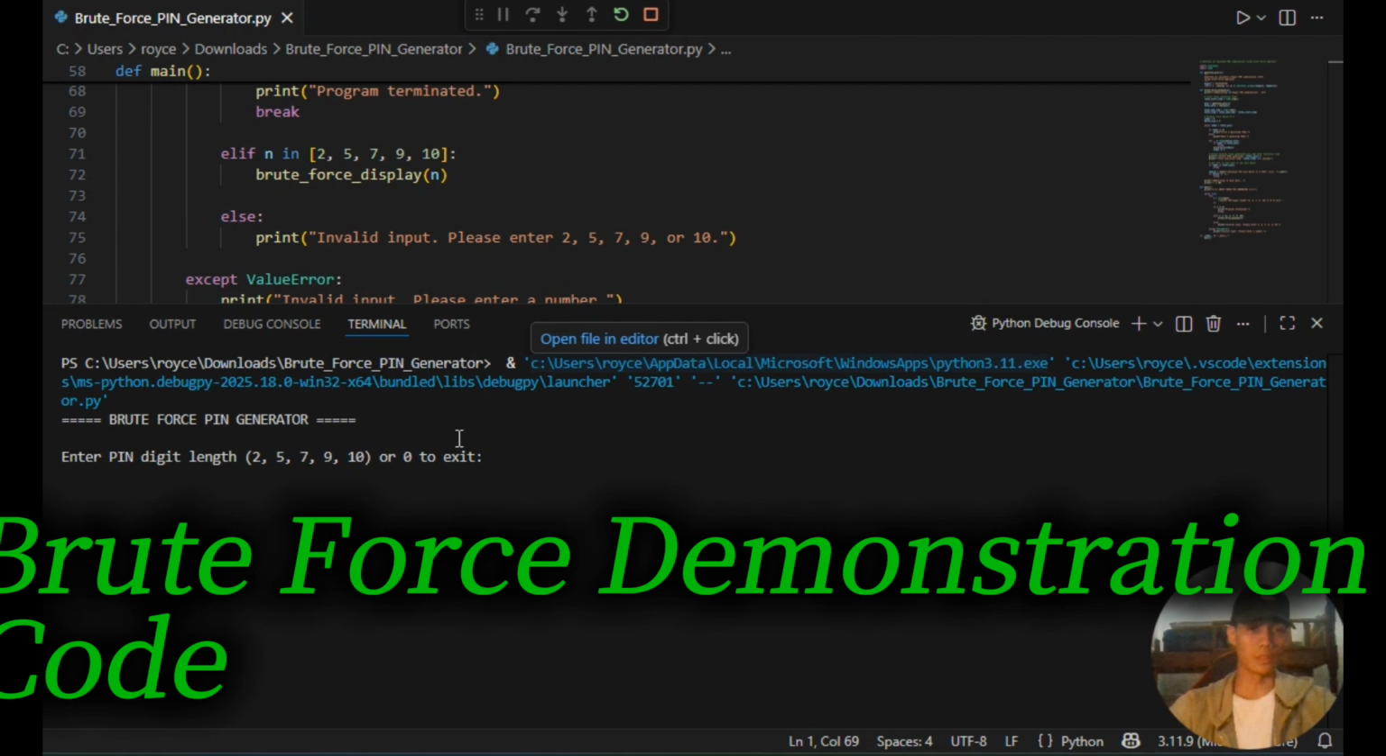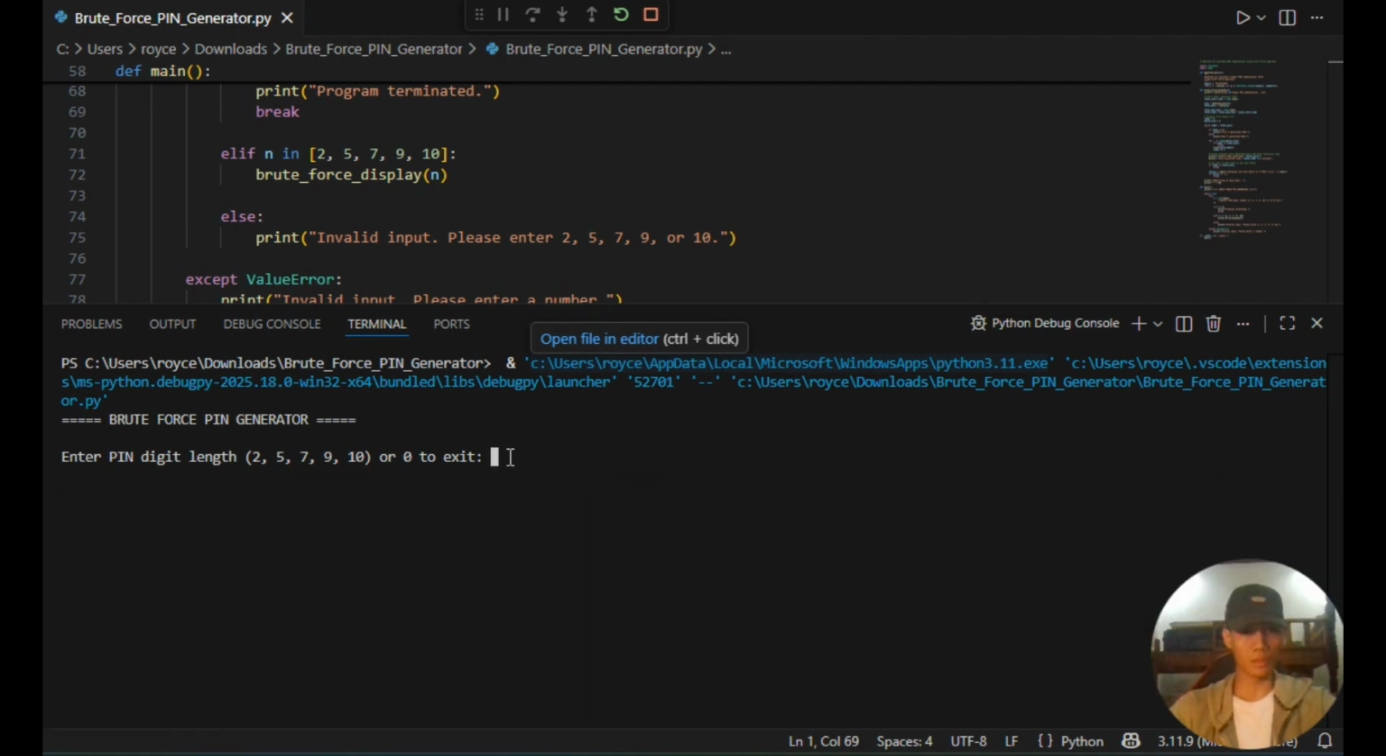I'll accompany you in demonstrating our brute force program, the brute force pin generator program. When you run the program, it will first display the name of the tool and the main user prompt. It will ask the user for a pin digit length, and